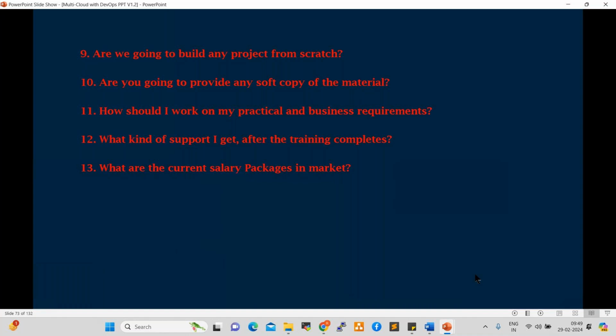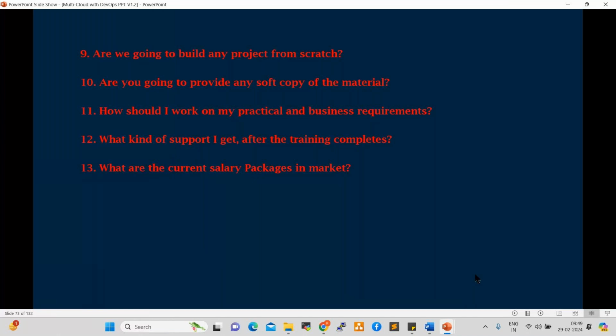My younger brother recently cracked an interview. He has 3 years of experience and got a 15 lakh package in TCS. So packages are very good currently. Whatever you want to ask, they are ready to give, but technically we need to be very strong. Whatever package you want to ask, you can ask.